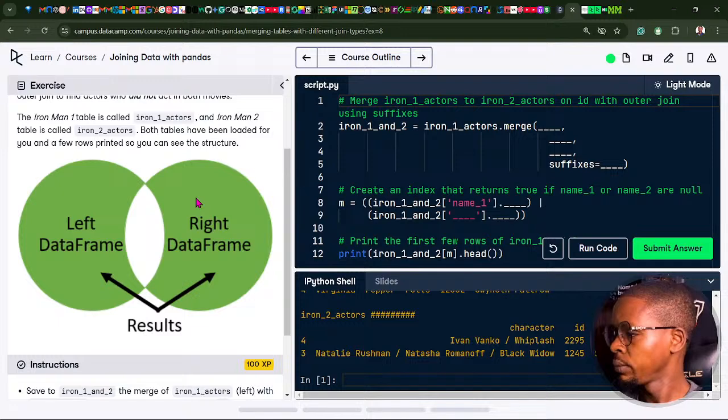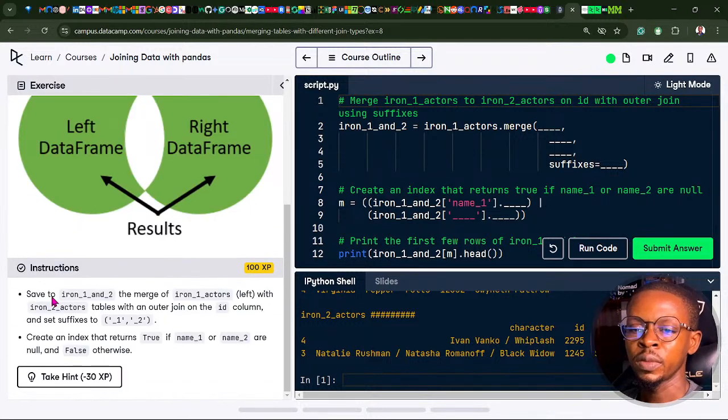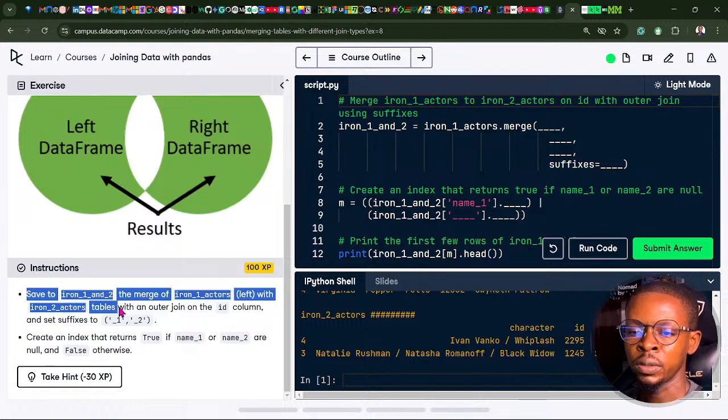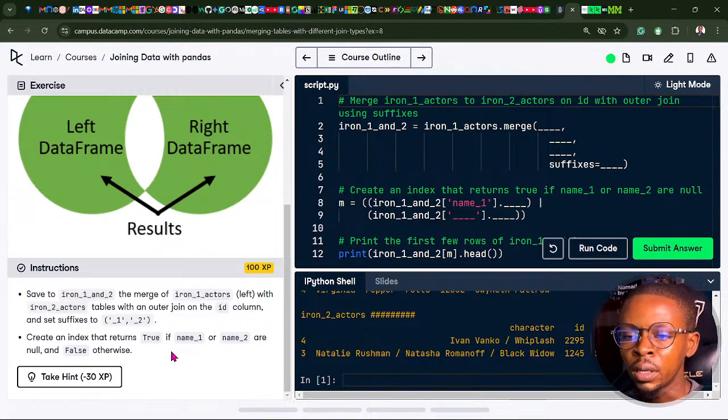Okay, this is interesting. So let's look at the Iron Man 1 and Iron Man 2 movies. Save Iron Man 1 and 2 to the merge: Iron Man actors left with Iron 2 actors tables with an outer join on the ID column and set suffixes 1 and 2. Okay, let's solve this. Iron 1 actors merge to Iron 2 actors,